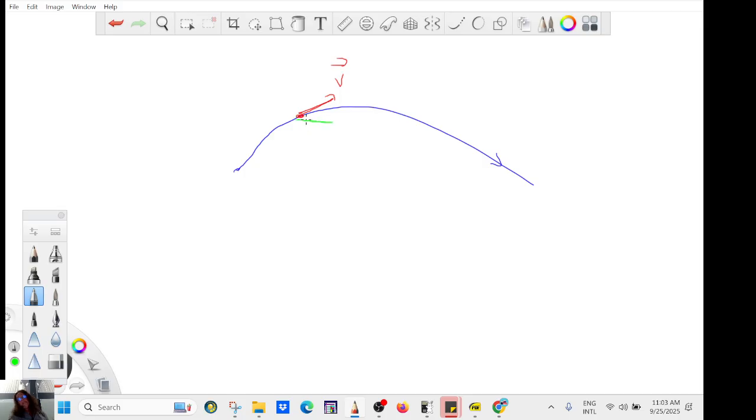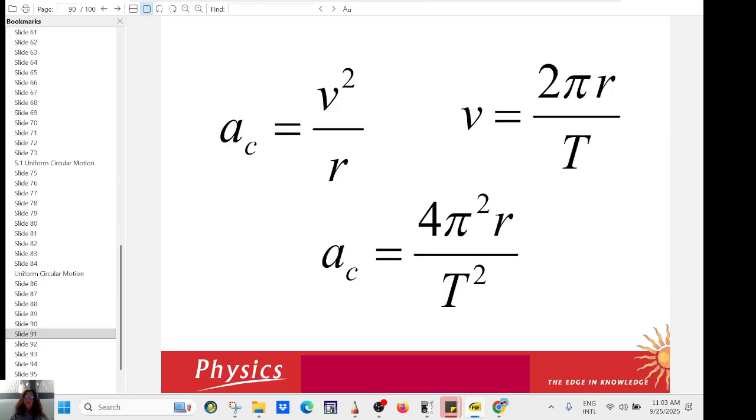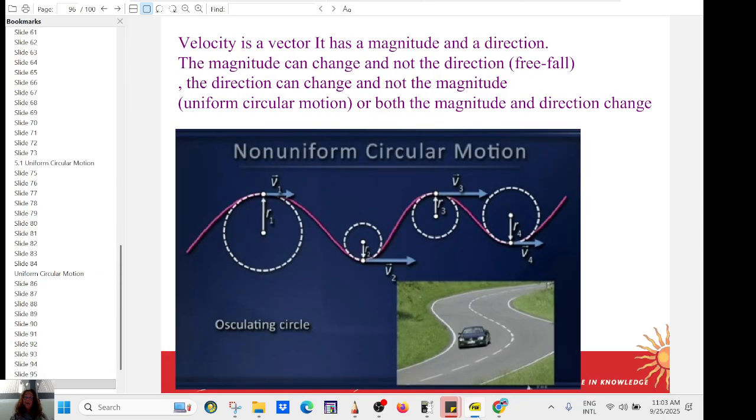The x component is always staying the same, and the y component will decrease at the rate of 10 and then increase again. But it's always tangent. So instantaneous velocity is always tangent. Agree? Okay, so then you have